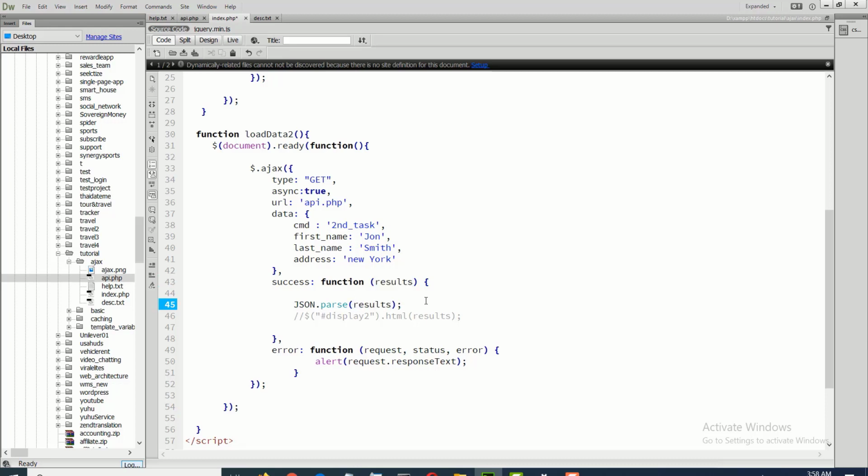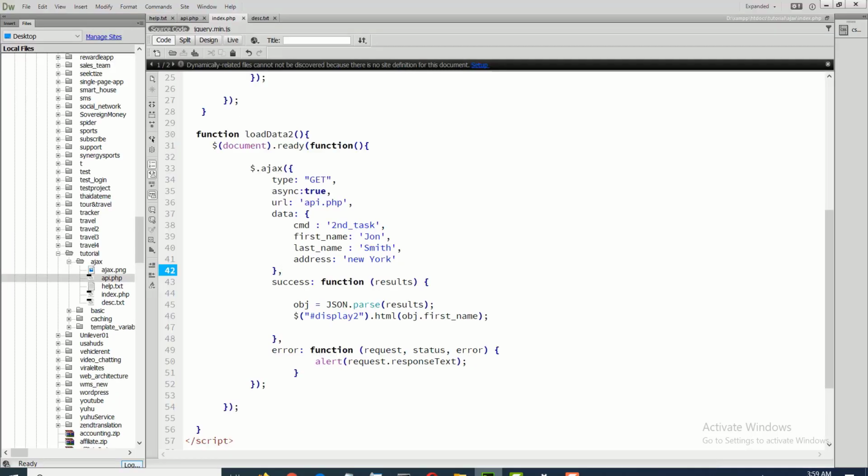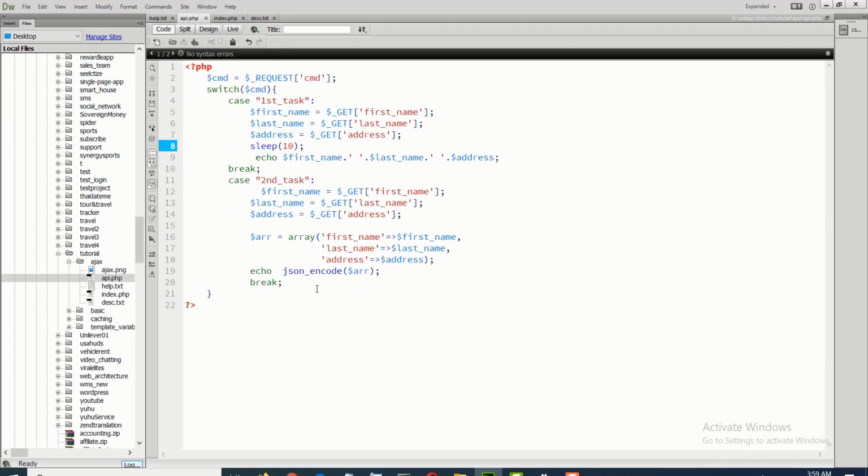Results object dot first name. Done. If array